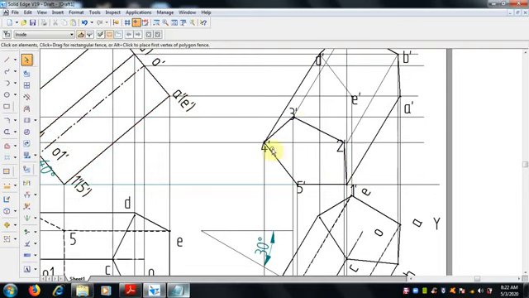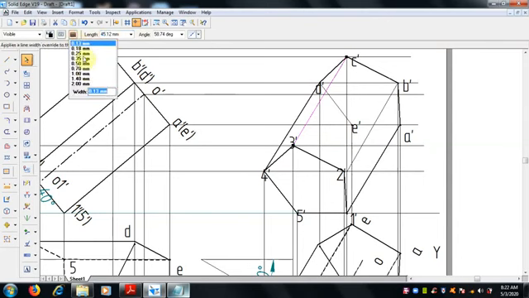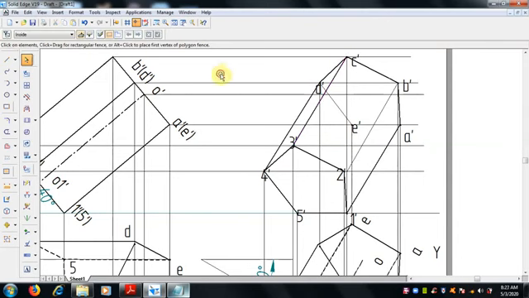This is the base, bottom base, it is visible, and the visible edges. Okay, so here this is visible and here it is visible. So join this visible with visible lines. Select this is visible and 2 to B. Okay, this is visible.